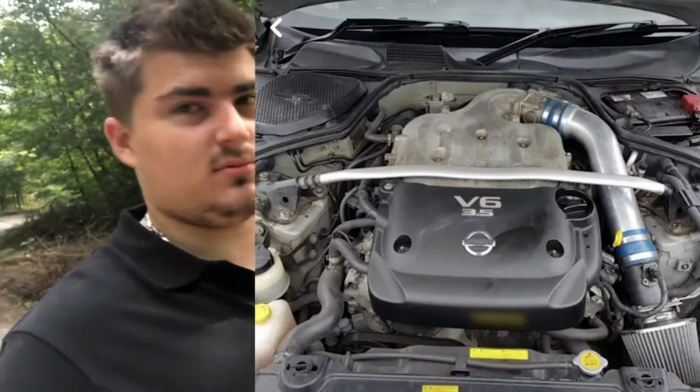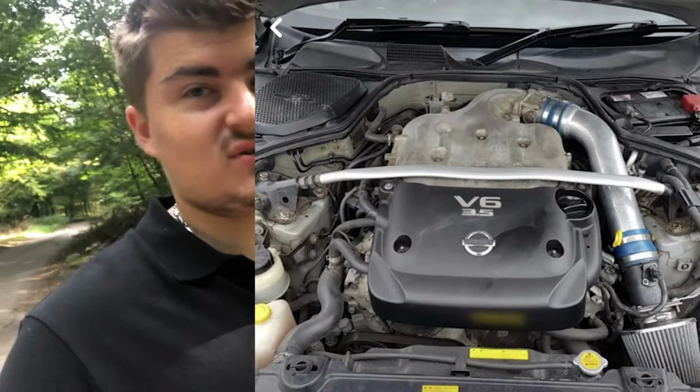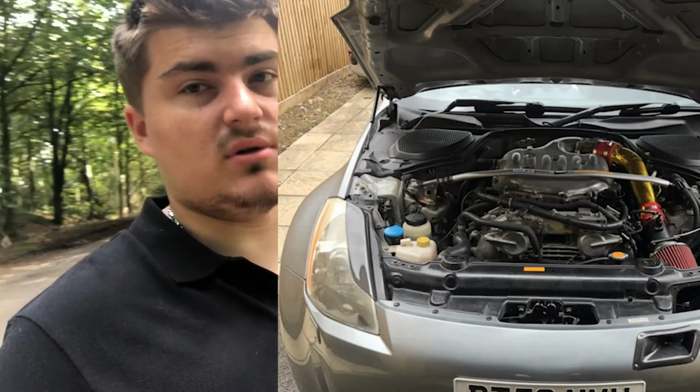Now, when I bought the car, the engine bay was in an absolutely terrible state. It was a bit rusty, it was dirty, it looked like it hadn't been loved in a while. I've never seen rust on a pod filter before, so that had to come out and be changed. That was a really good performance increase. I actually felt that one, like the pickup. Changed all the boost and silicone hoses in the engine bay, gave it a bit of heat shielding, and it